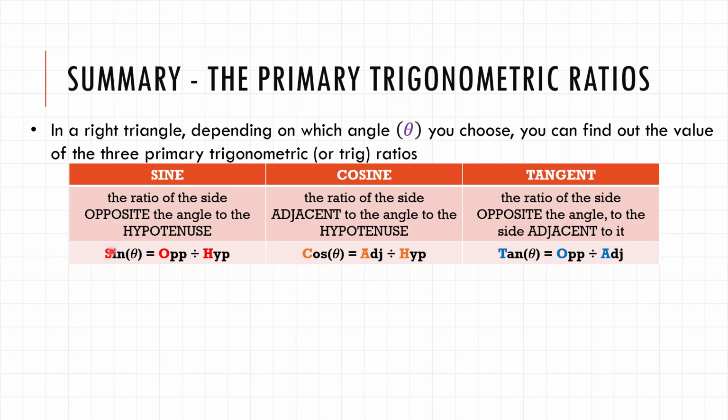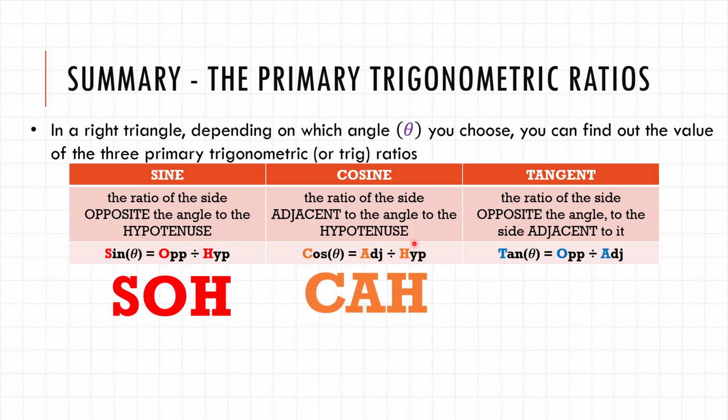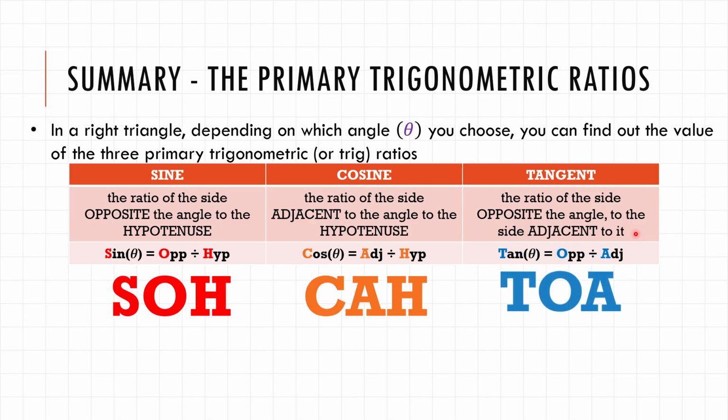Simply put, SOH CAH TOA is a nice little acronym to use to help you remember the three relationships depicted here. So sine is equal to opposite over hypotenuse, cosine is equal to adjacent over hypotenuse, and tan is equal to opposite over adjacent. So TOA. Now, one more thing before we get into some examples is if you actually know the ratio, if